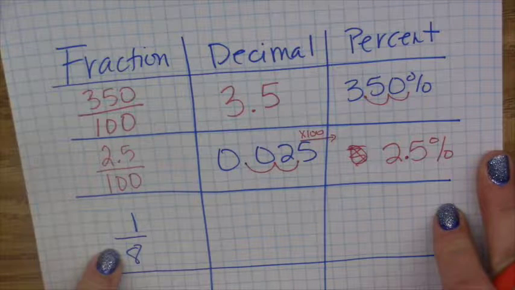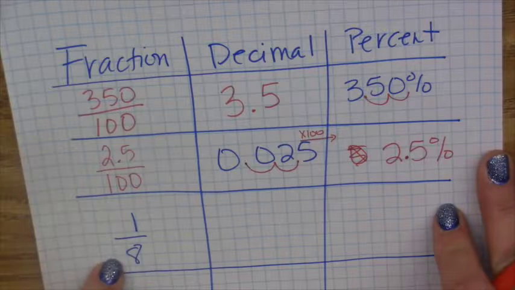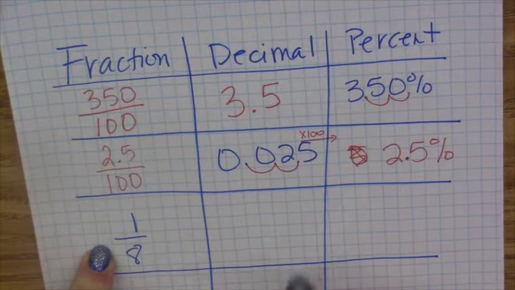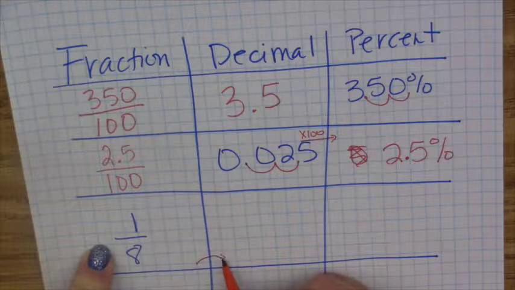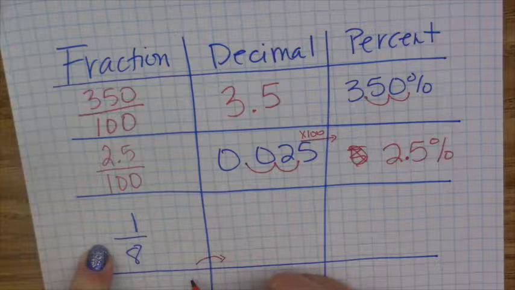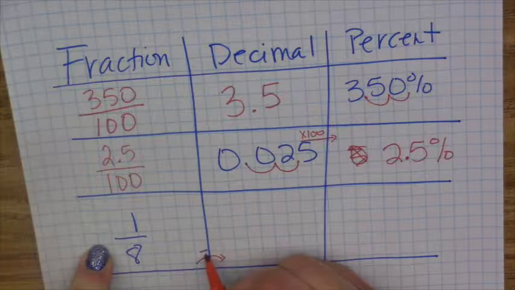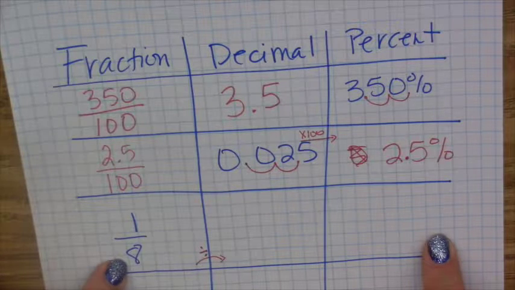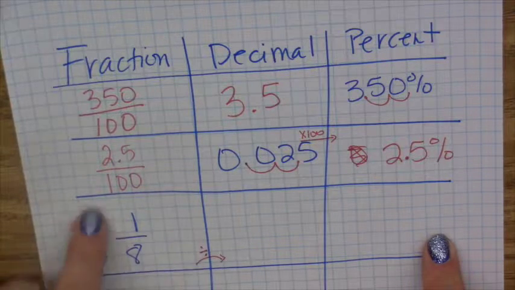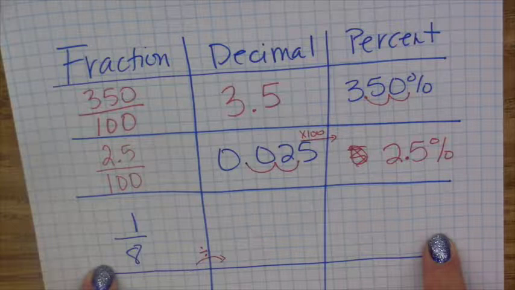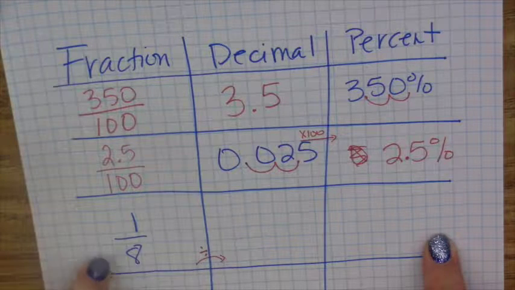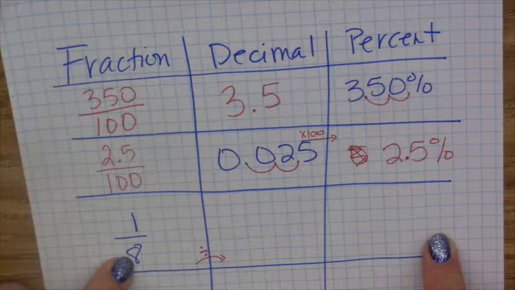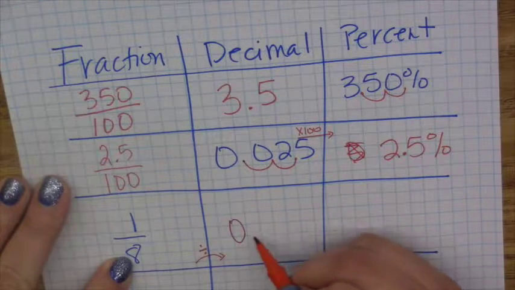For our last one, our 1/8, we have 1 over 8. To change a fraction to a decimal, so to go from fraction to decimal, we divide our numerator by our denominator. So we're going to do 1 divided by 8. And this is one that you can use your calculator on if you would like. When you punch that into the calculator and do 1 divided by 8, we get